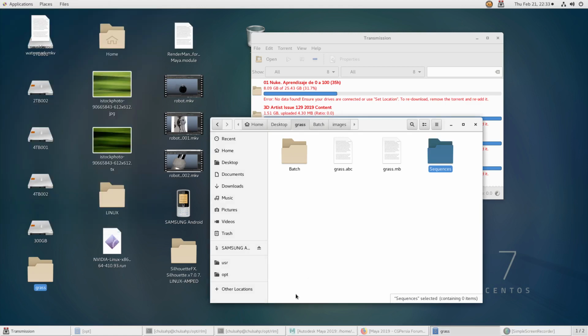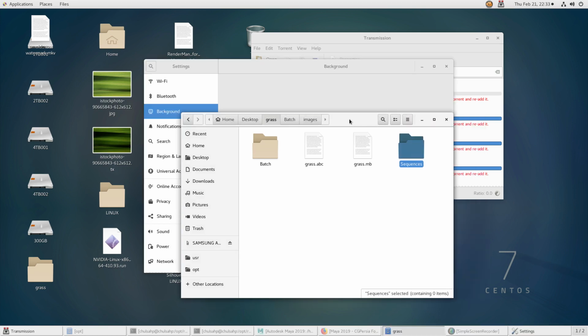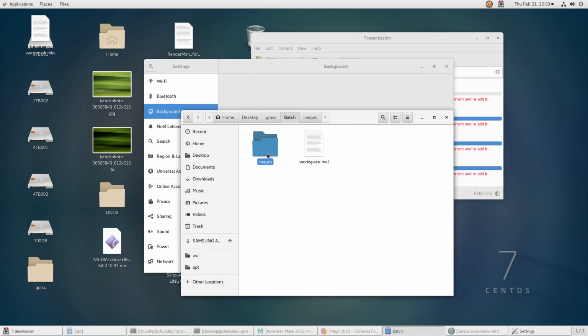Hi folks, today I'm going to show you how to render with Arnold without the watermark. I'm using Maya 2017 with my system. This is the batch render that you render from